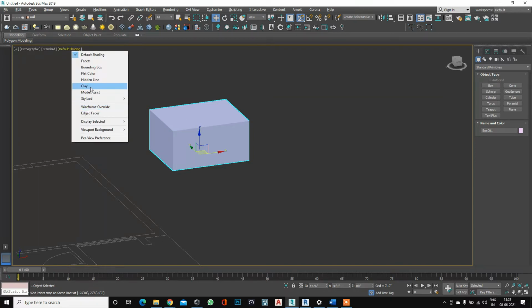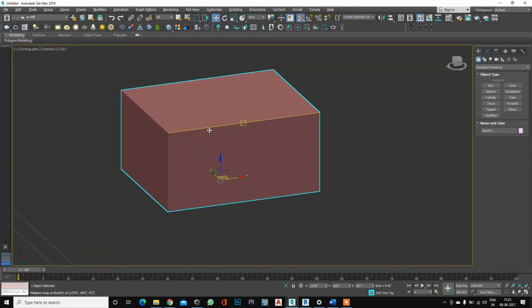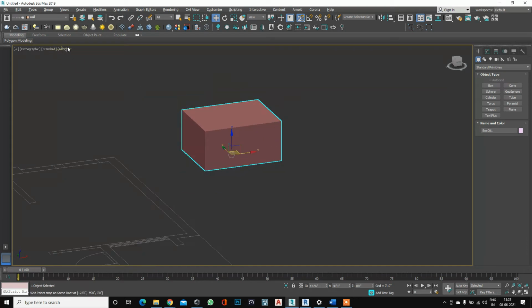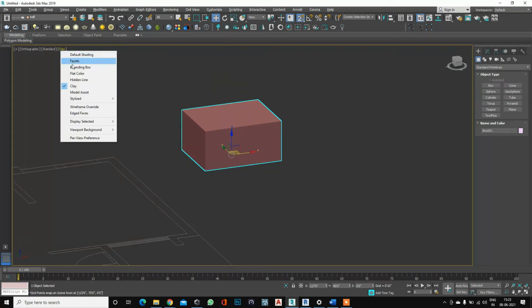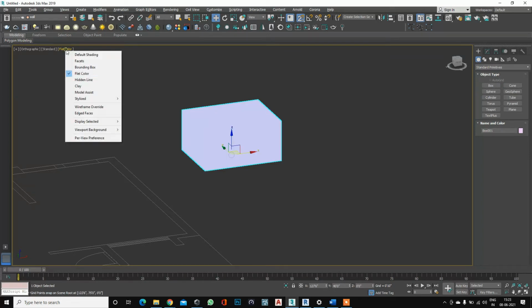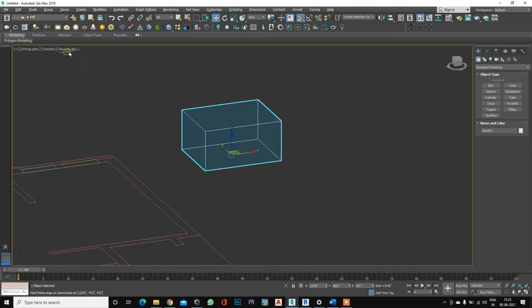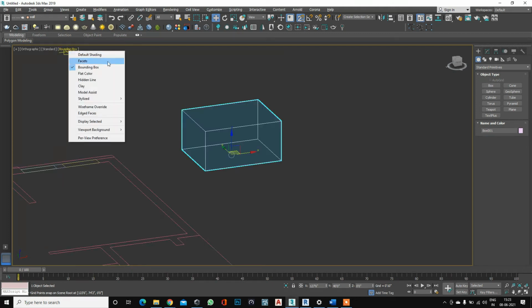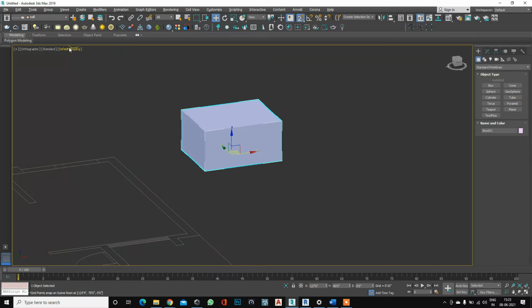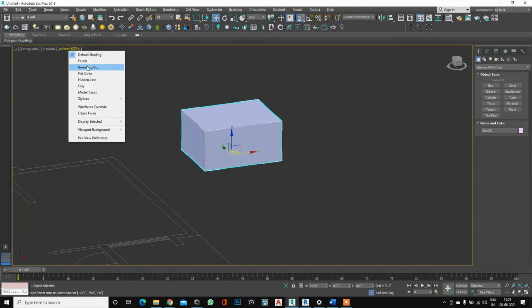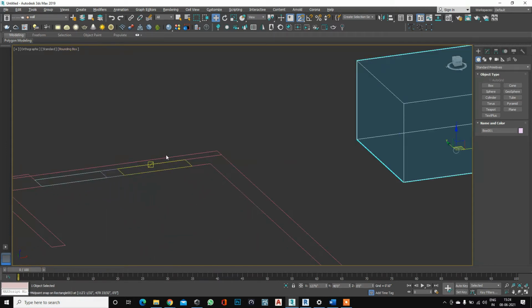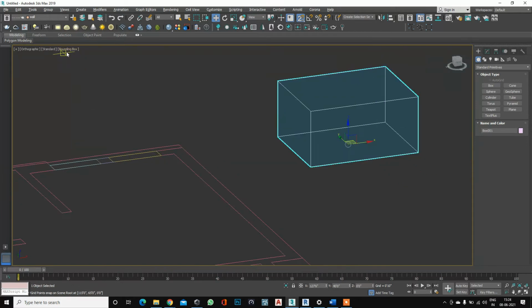You can select Clay, then all materials will be converted to clay. These are all the different types of viewing materials in 3ds Max. So many types, like flat color, bounding box. Here we select the bounding box or default shading, right?